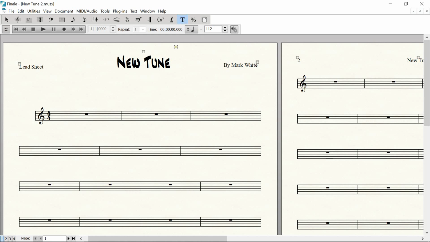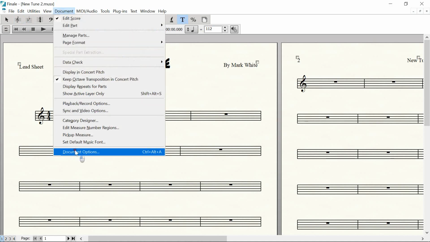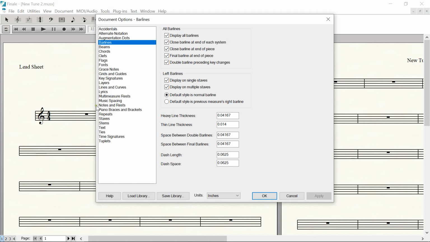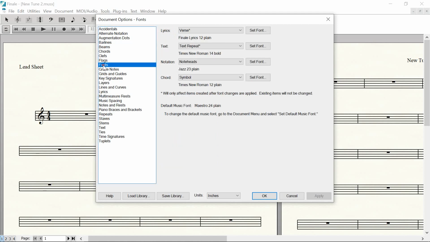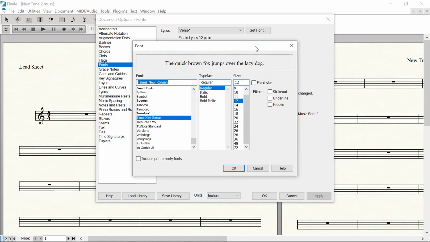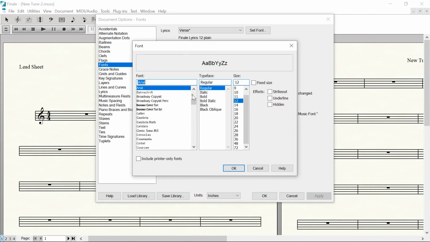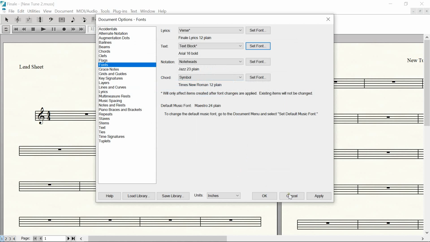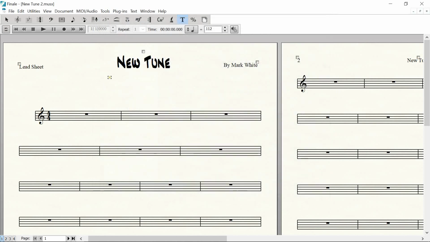So I'm going to go to document, document options, fonts, and text. Text block. That's the ones I'm working on now. I'm going to set the font. This is the one I like, Arial. Bold. I'll put 16. Apply. Okay. Now that didn't